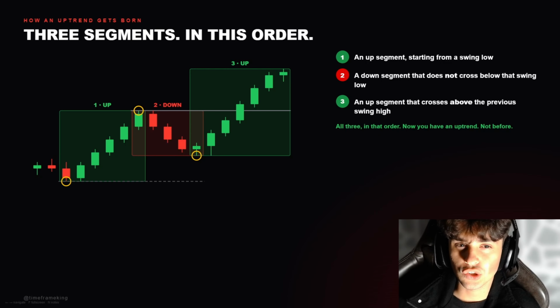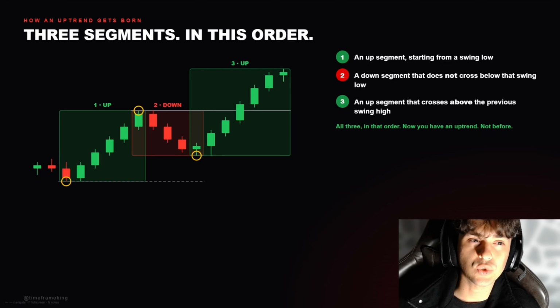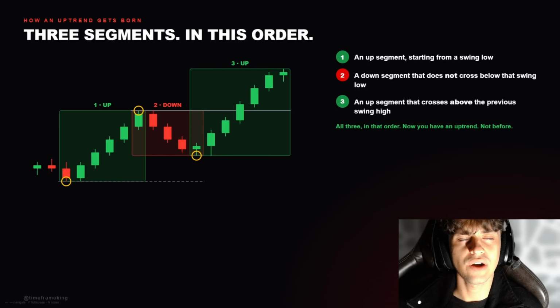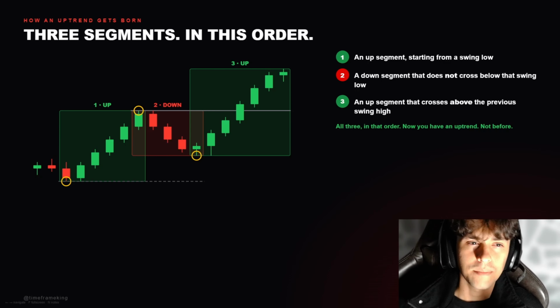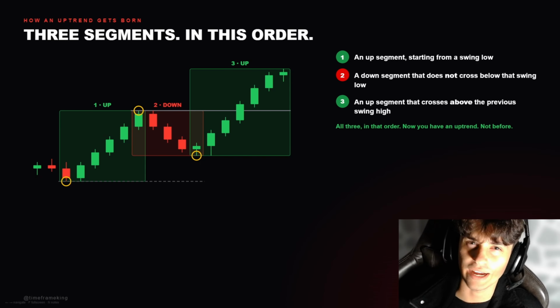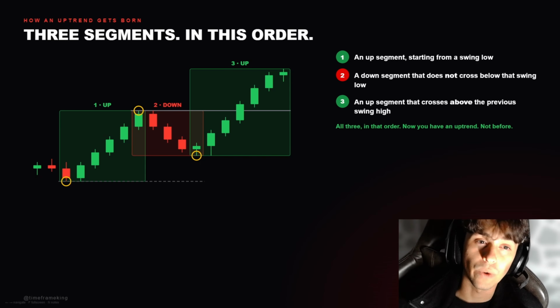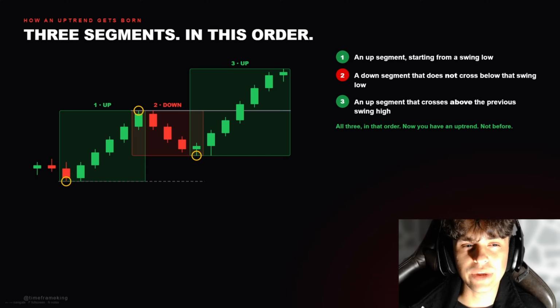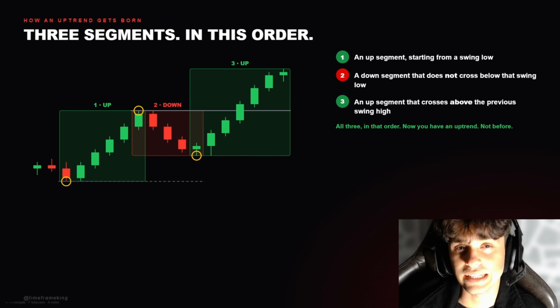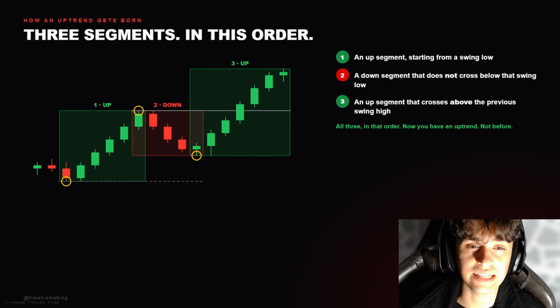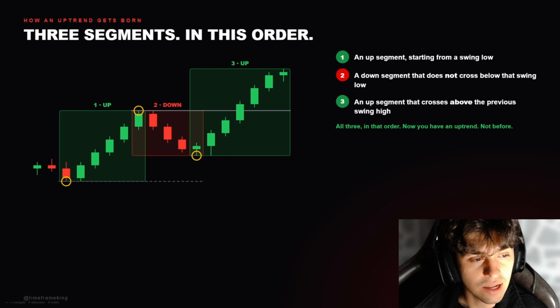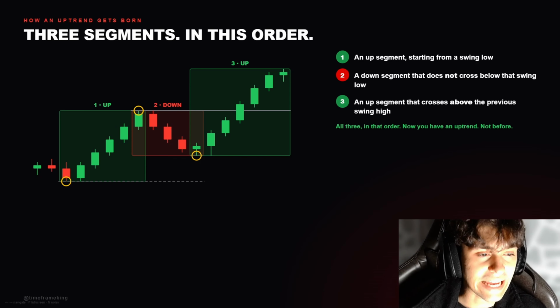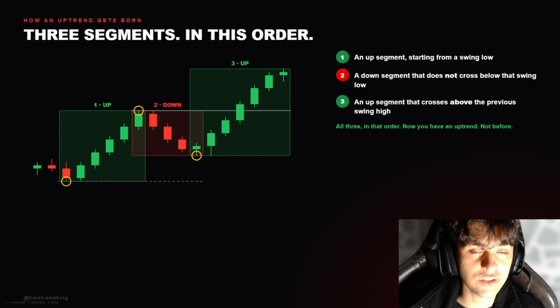Remember when I said three segments make a trend? Well, let me show you how an uptrend gets born, because it explains why that level is where it is. So here we have three segments and they happen in order. They have to happen in order. Segment number one is an up segment starting from a swing low. Segment number two,